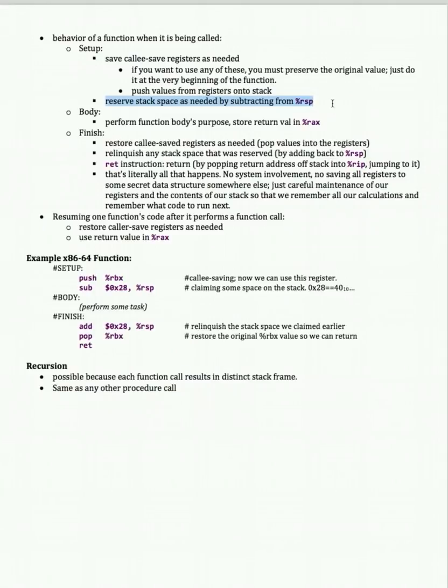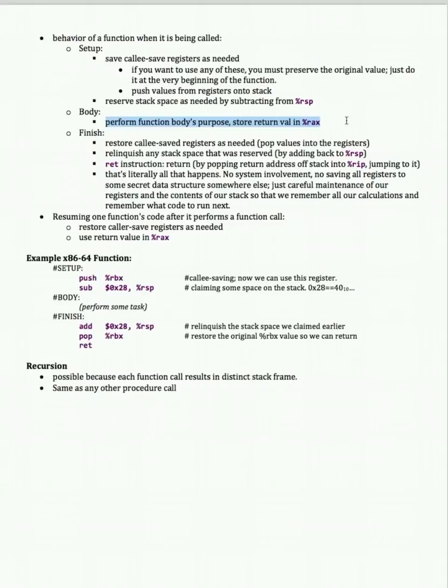In other words, it reserves the stack frame space by subtracting the corresponding byte amount from the pointer RSP, thereby increasing the stack size. And then it moves on to the body, where it performs whatever function B, the callee, is designed to perform,